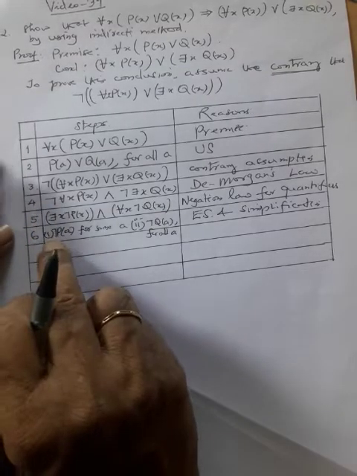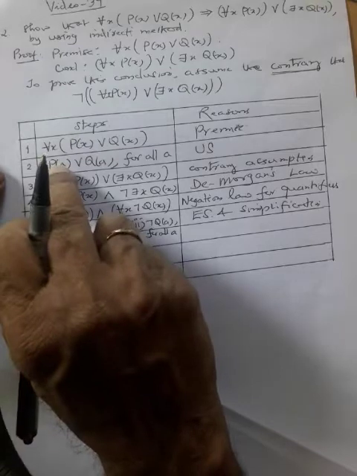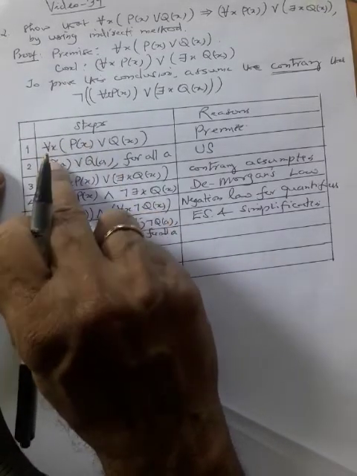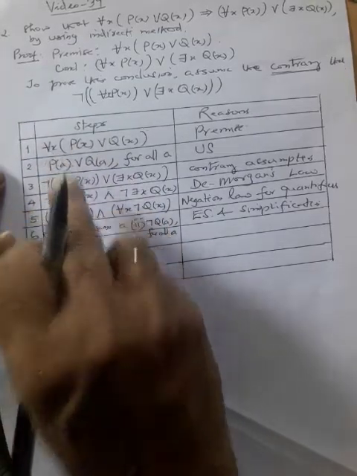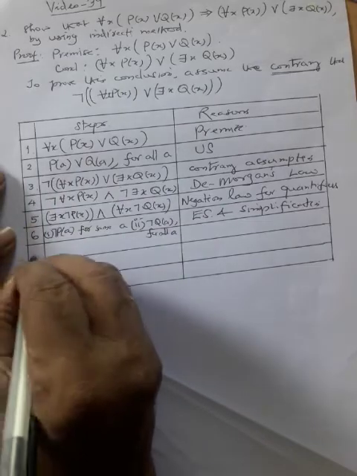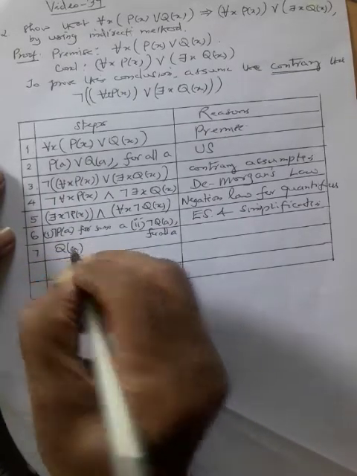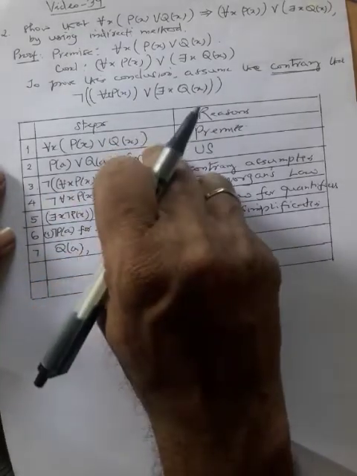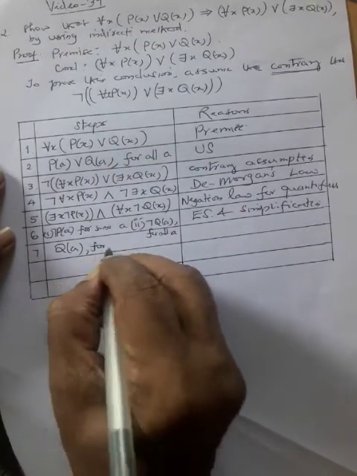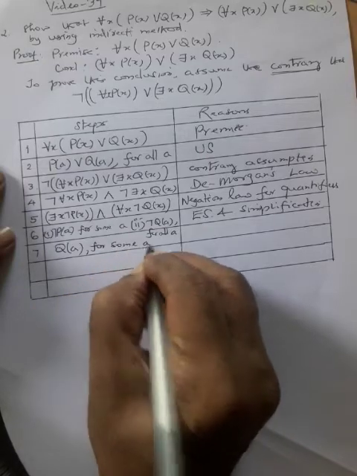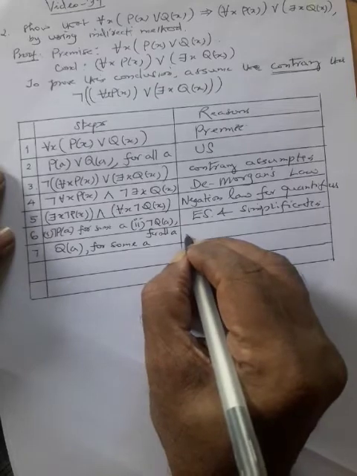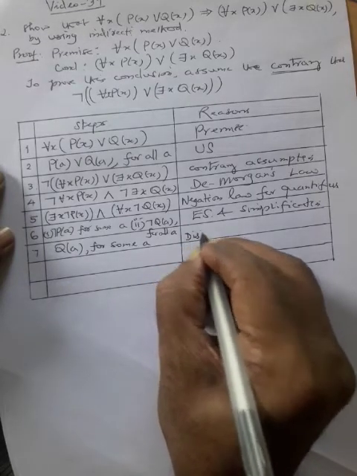Okay. Now you have negation p of a, but p of a or q of a. Either p of a or q of a, one of them should occur. But p of a is not occurring, negation p of a is there. Therefore, the only possibility is q of a. This is true for all a, but this is true for some a only. So the conclusion is q of a for some a. This is what is known as disjunctive syllogism,